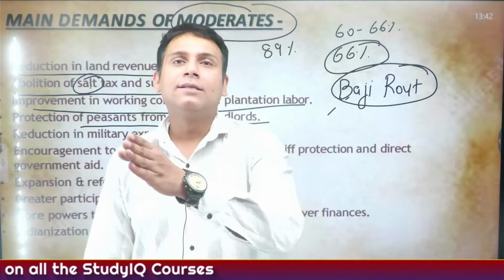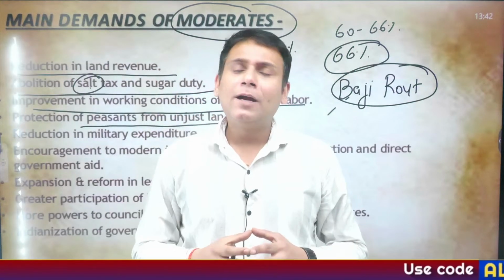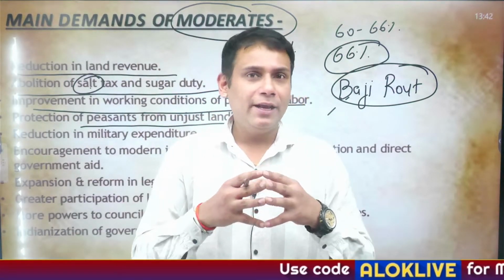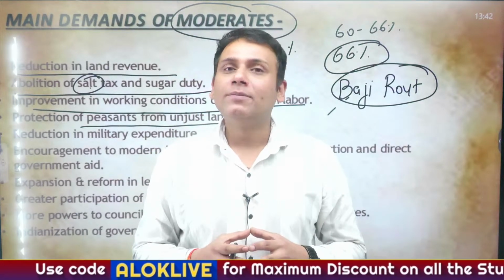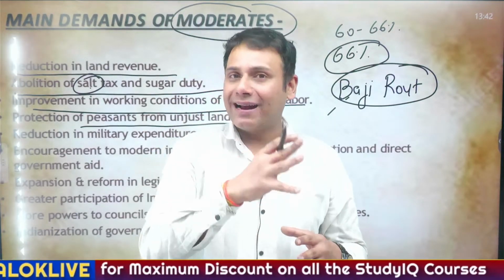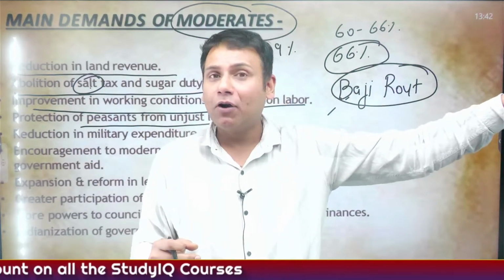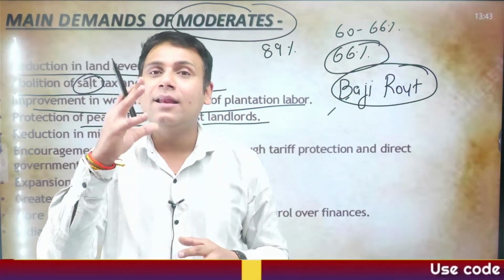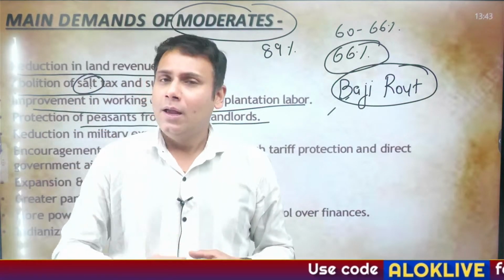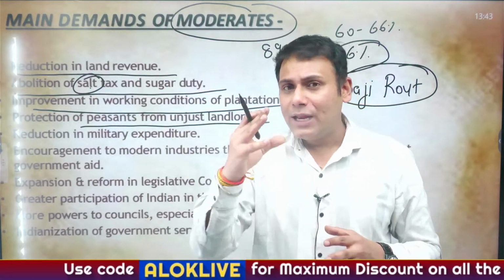I'll give you a small example. I had told you about Mahatma Gandhi. That Mahatma Gandhi, as he completed his degree in law from London, he had two major options. Either to register himself at the Bar Council in London and practice as a lawyer, or he had an offer from Dada Abdullah or Sheikh Abdullah to come to South Africa and work as a legal advisor for his company. He decided to work as a legal advisor for the company of Dada Abdullah. And he went to South Africa.